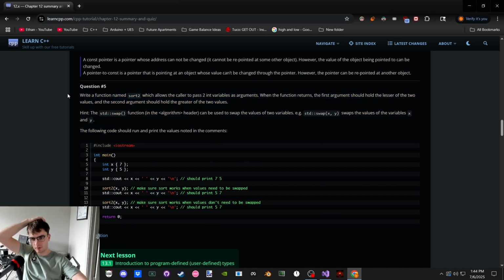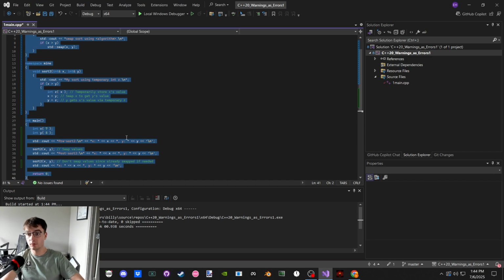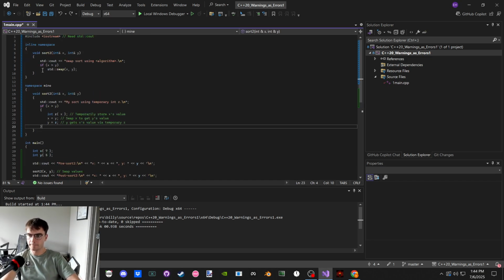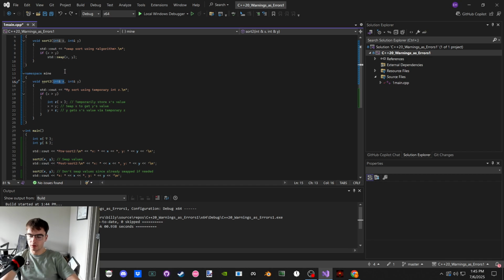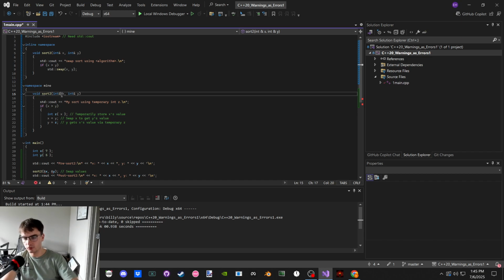Specifically, sort 2. Yep. Oh, so what's another way of doing it? Let's do this another way. So we could do a pointer. So I could pass these as addresses, and then this could be receiving them.